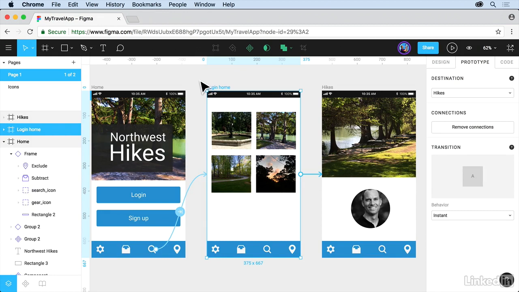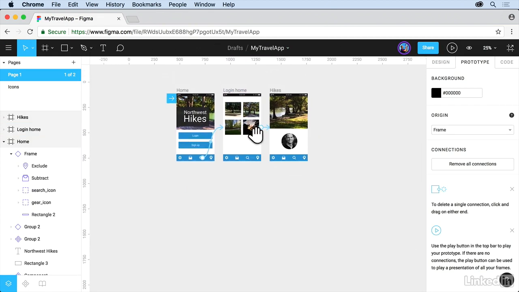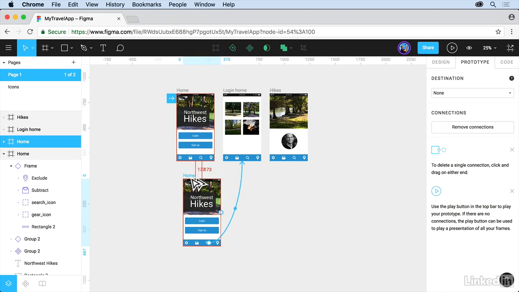Now go ahead and press the minus key. And what we're going to do is just show you something really quick here. I'm going to use my spacebar and move up. If you come out here, you should actually now see this arrow. This arrow is the origin, essentially. You can actually drag that to different origin frames, so it's different. I didn't see that before, but now I see it. And let's take this frame, and we're going to duplicate it down. So press Option on Mac, Alt on Windows, and just duplicate it straight down.